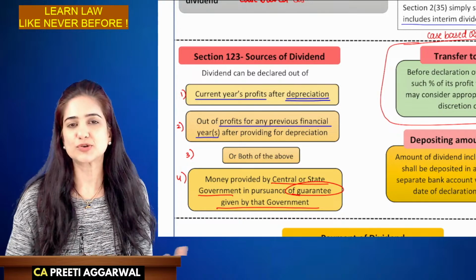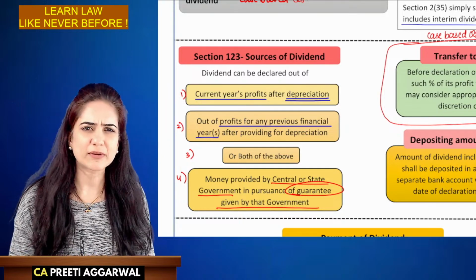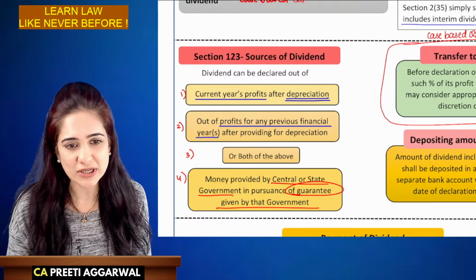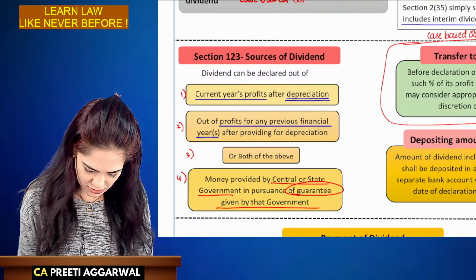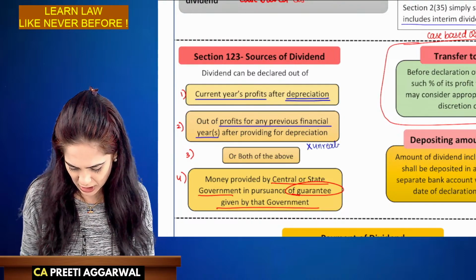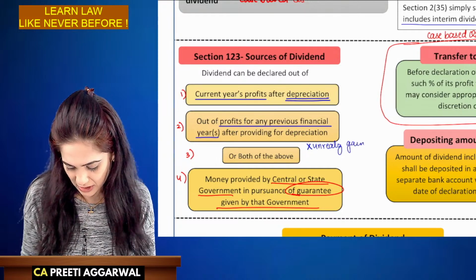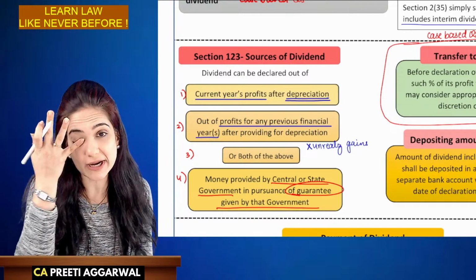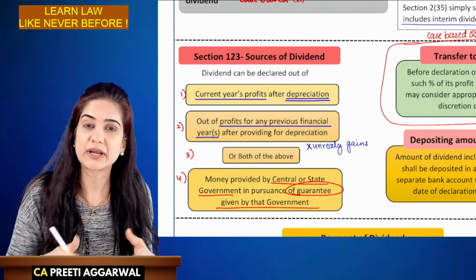Okay. But students, here we need to know, I don't think that will be asked expressly in the exam, but yes, while writing the theory, you will have to mention that you cannot use the unrealized gains. Okay, you cannot use unrealized gains. Unrealized means I have not sold the asset, I have not realized that profit, so I cannot use it to declare dividend.